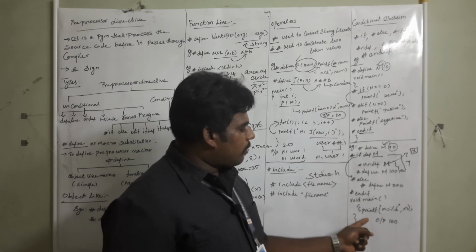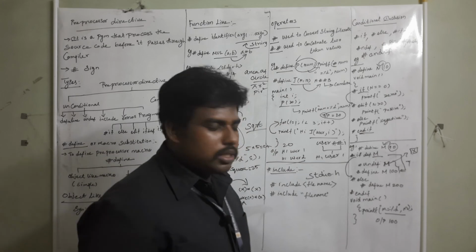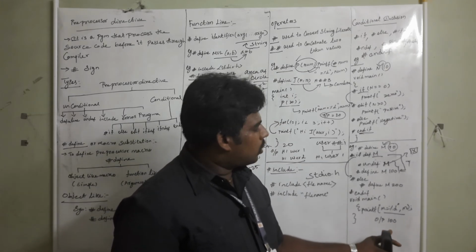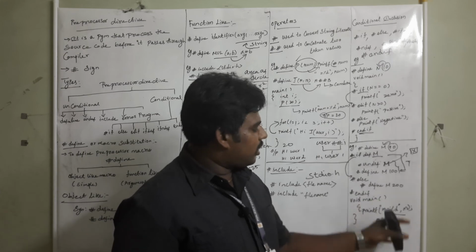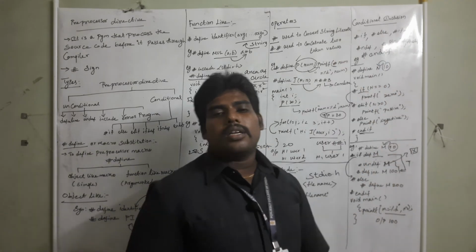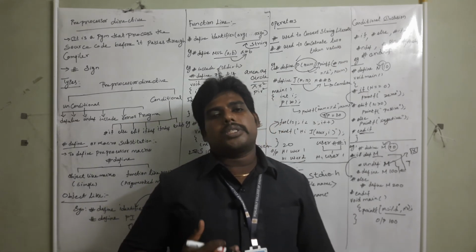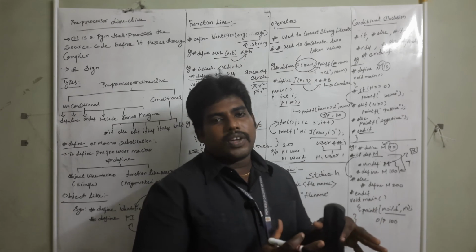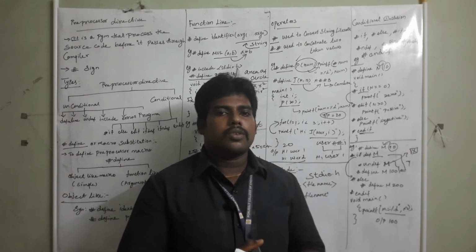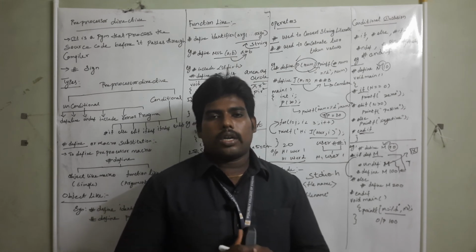Then void main, I am just printing and checking what's the value of m. m equal to percentage d, comma m. What's the value now? 100 or 200? 100, right? 100. Similarly, ifndef is nothing but whether it is not defined. ifdef is used to check whether it is already defined or not. ifndef checks whether it is not defined. Okay. So this is the last topic in your first unit.